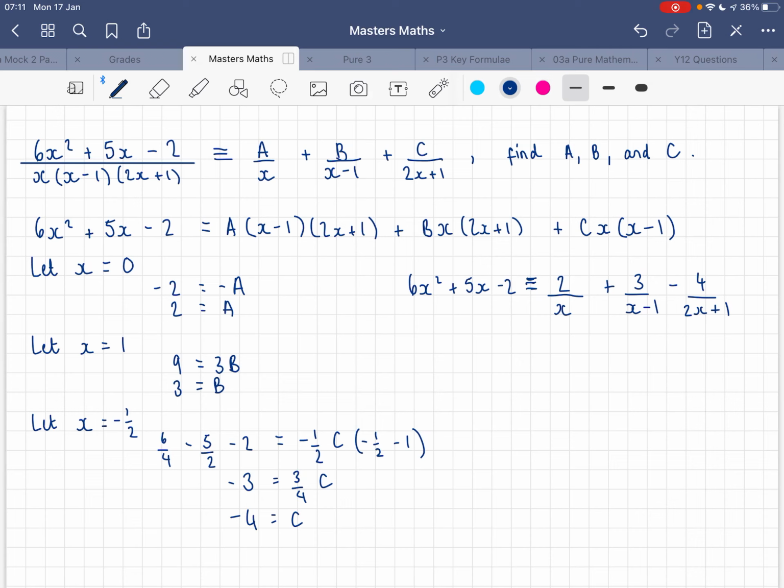You still could have done it by using comparing coefficients. But like I say, sometimes that's really obvious and really easy. Sometimes not so much. So have a go, work your way through the exercise, see what you prefer, and then